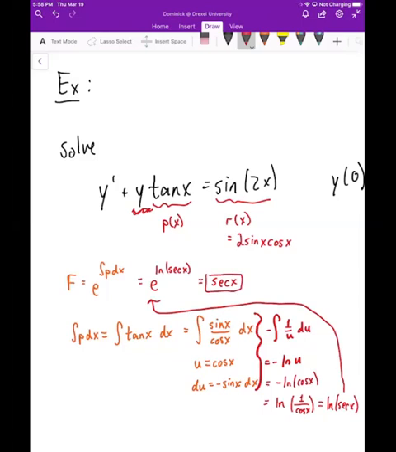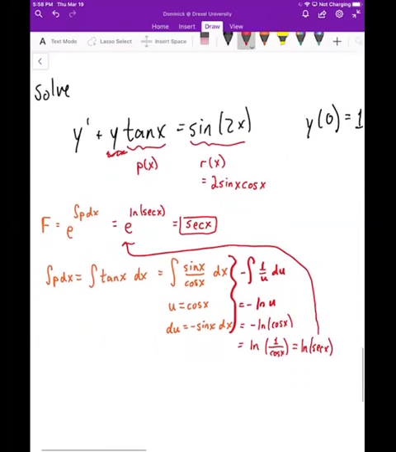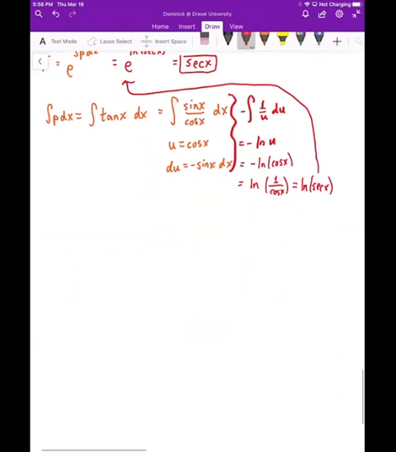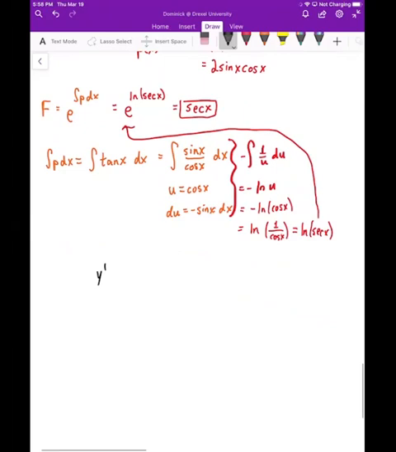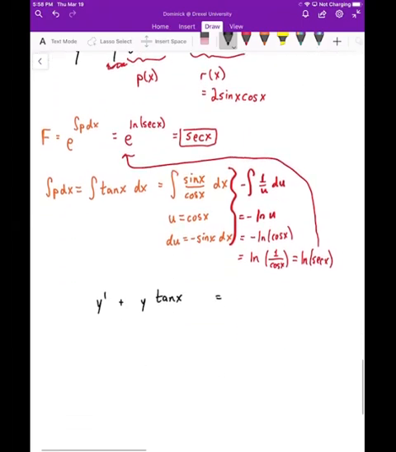Right? So now when I multiply through my original equation by my integrating factor, the original equation was y prime plus a y times tangent of x, and that equaled the sine of 2x, which we may or may not use the other form for. And if you're sort of clever, we might see that that's definitely going to be the way we want to think of it. So if I now multiply through by my secant of x,